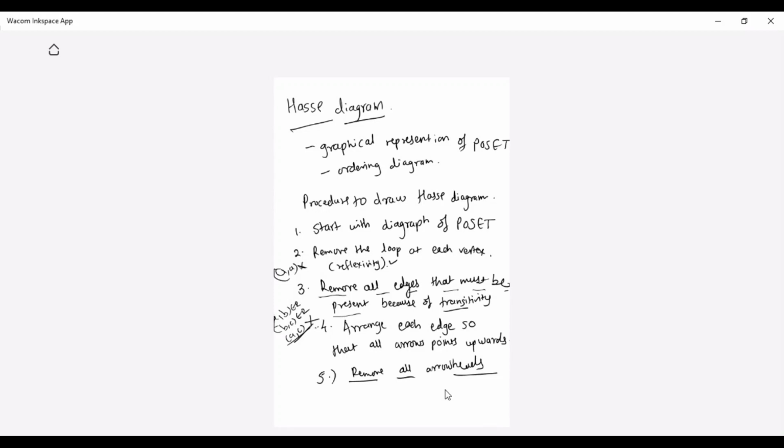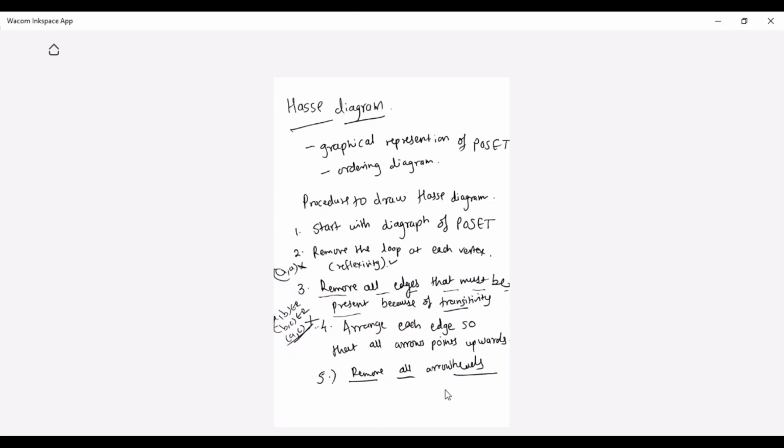I'll be repeating all these steps again, student. I hope you are writing down quickly the important points. Procedure to draw the Hasse diagram. Why are we going for the Hasse diagram?